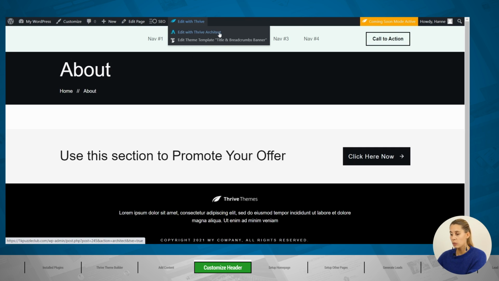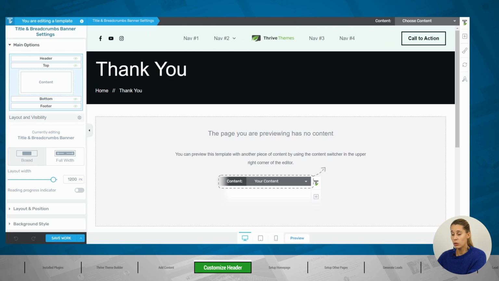So when you edit with Thrive Architect, you edit the content of this page. And when you edit the theme template, you edit the template of all the pages on your website. So clicking on this theme builder button will bring you to the exact same place as going to your templates menu and then to your editor. Now, if this is the first time that you see this editor, don't be worried, it's really not that complicated. Everything is a visual editing, and anything you do on this page will be exactly what happens on your website